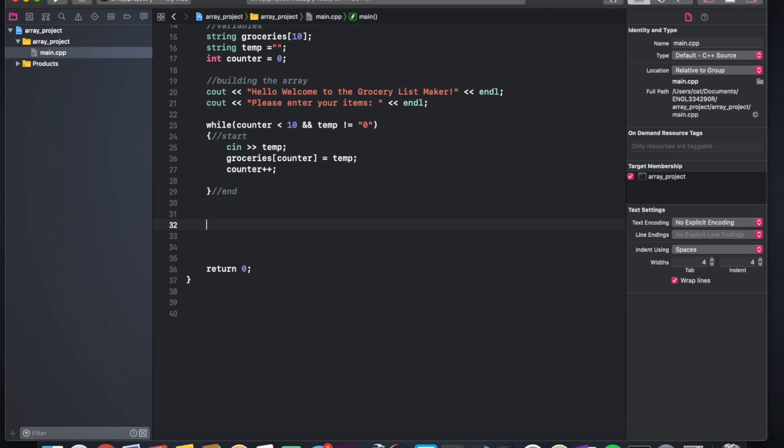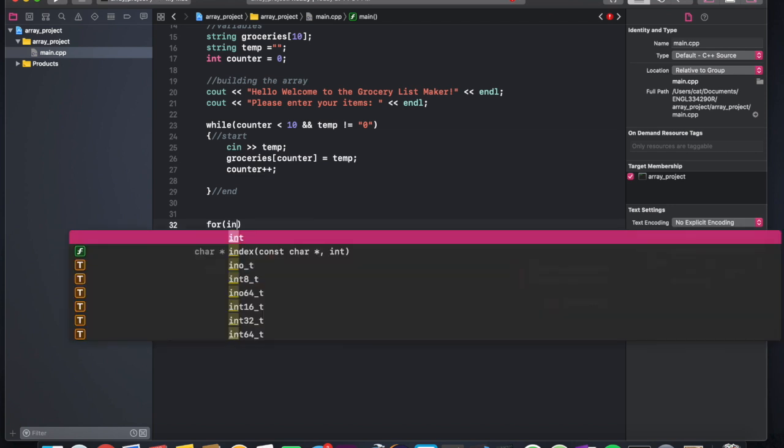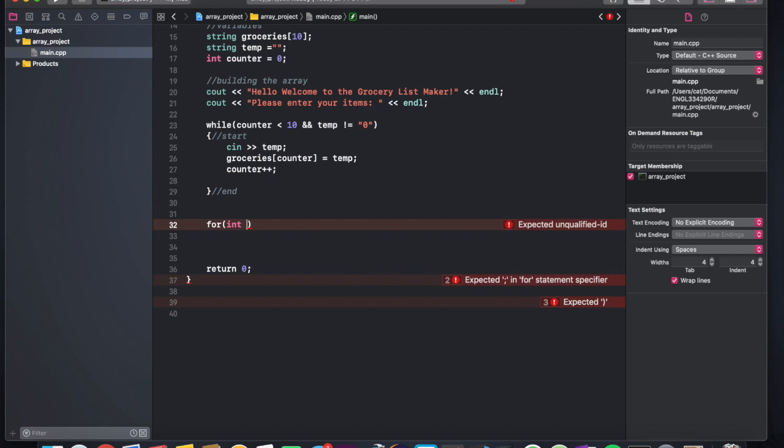to start the for loop, obviously you start with the word for, and in the parentheses, that's where you're going to put the conditions. We're not going to use the counter anymore because the counter is left on however many groceries you entered. You only put 3 groceries, so right now count is 3 or something like that. So we're going to make a new variable called int. It's almost always an int for loops. Int i is equal to 0, so int index is equal to 0. So while i is less than counter,